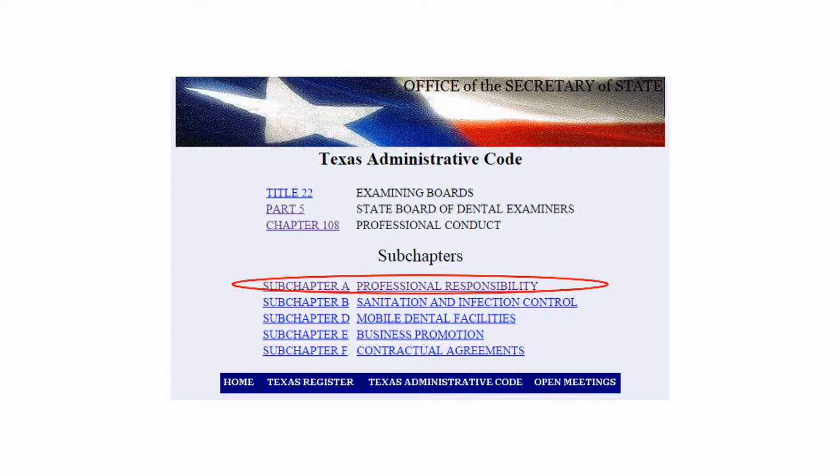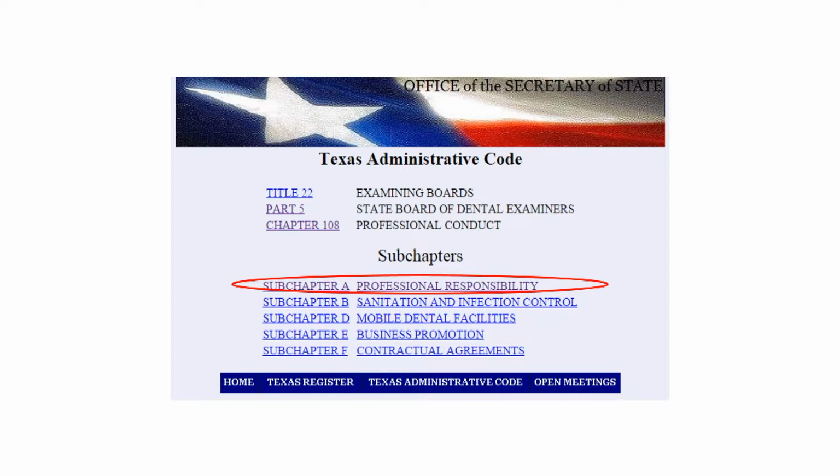Contractual agreements has the rules with respect to doctors who enter into agreements with non-licensed entities to set up dental practices. Again, you should take the time to read, investigate, and understand all of these sub-rules listed in Chapter 108, Professional Conduct. We will be spending our time in